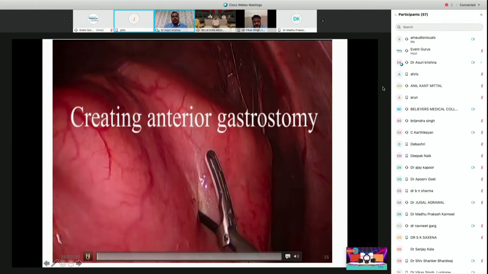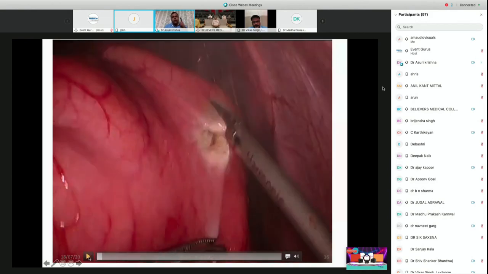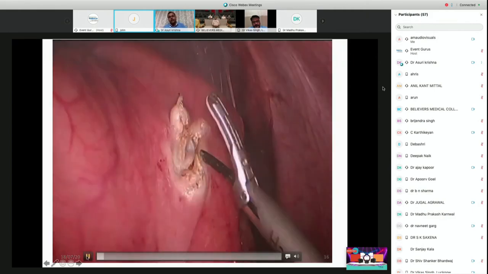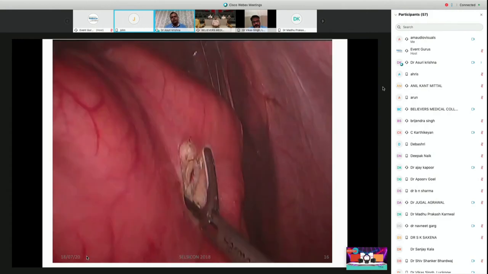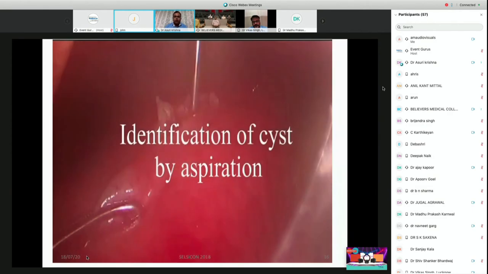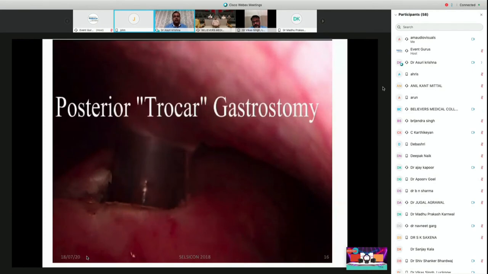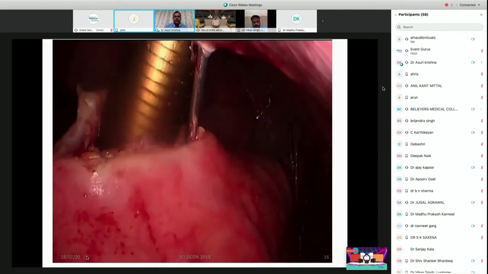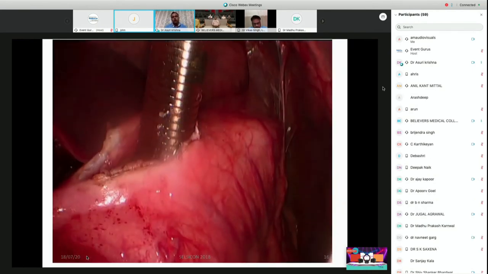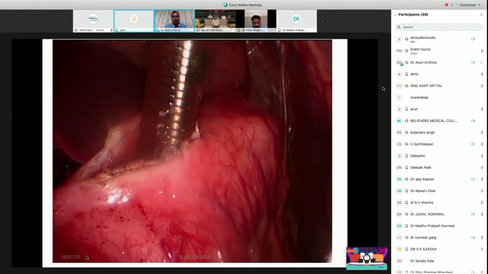After entering the abdominal cavity and identifying the stomach, it's very essential for us to identify the bulge. You make the anterior gastrostomy at the point of maximum bulge of the stomach. So usually a vertical gastrostomy is made. You can either make this gastrostomy using a harmonic, as we have shown, or even a cautery is fine. Once we have done that, a Veress needle is inserted to confirm the cyst cavity, and then we place a 12 bariatric trocar through the posterior wall of the stomach into the cyst, to make an opening between the posterior wall of the stomach and the walled-off necrosis.